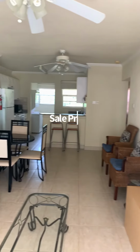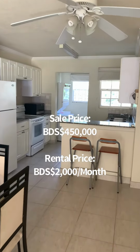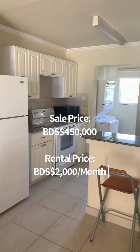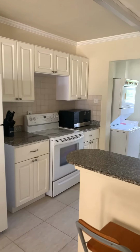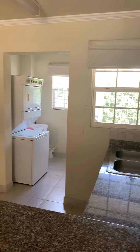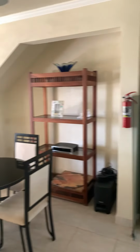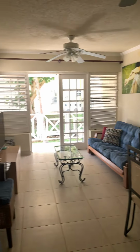So the sale price is $450,000 Barbados, and for rent, asking $2,000 per month plus utilities. And as you can see, it's quite bright throughout. You have security grills at the rear, a decent sized patio at the front,